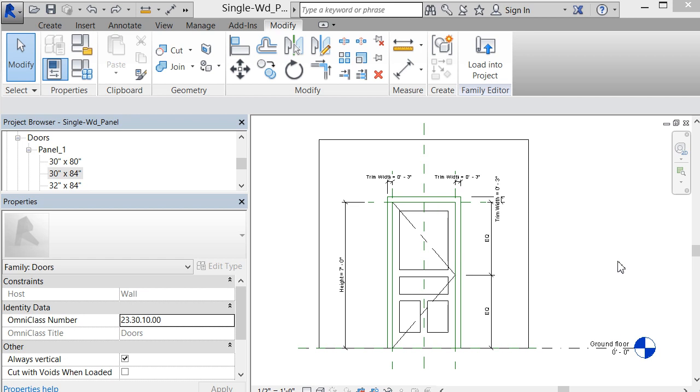So different paneling patterns for one door. In this case, we're going to look at another way that you can use a nested family, and that is to group or gang families or components. So we're going to use our same door. As you can see, I'm in the same wood panel file that we just created,